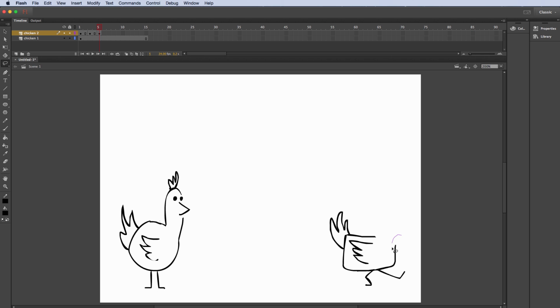And I'm going to start to bend his neck a little bit. The neck's going to kind of lead the body as he turns. So I'm going to use my brush and draw in a new neck over here. Kind of squash that neck and head down a little bit. Okay, and let's see. Put in the beak. Okay. So here we go.